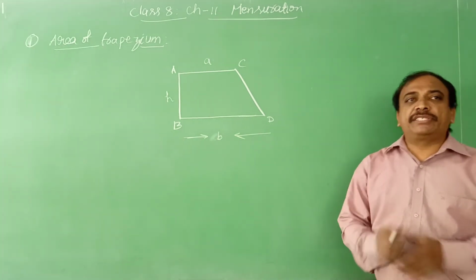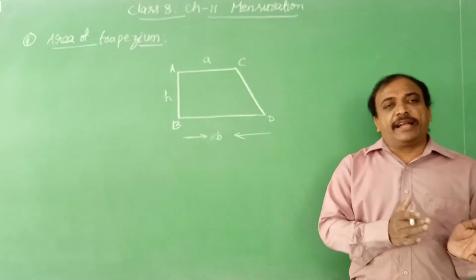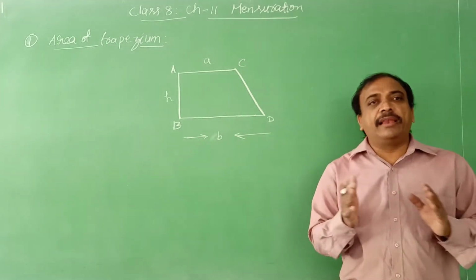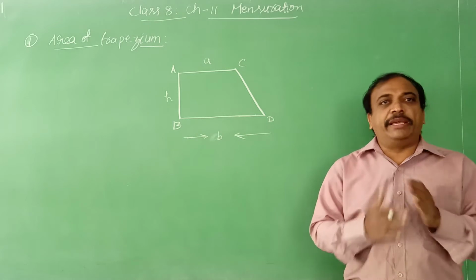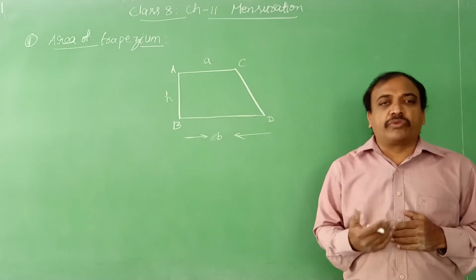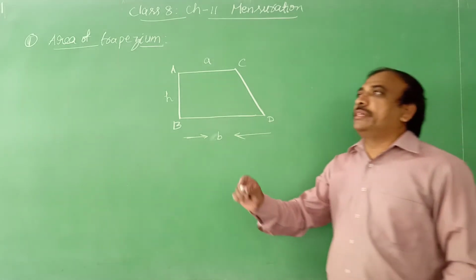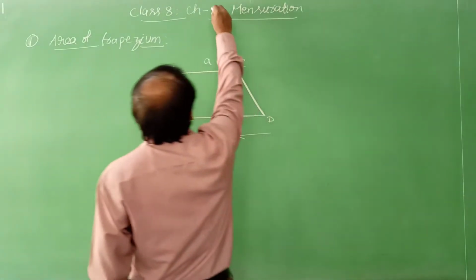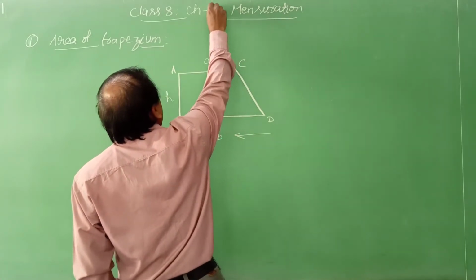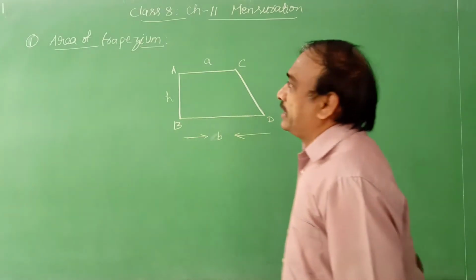So in the previous session we discussed areas of rectangle, square, circle and even area of the paths, circular ring, rectangular path, square paths and even crossroads. So today we are going to discuss another topic which belongs to quadrilaterals, that is mensuration.